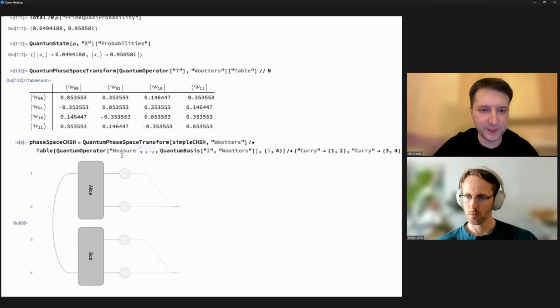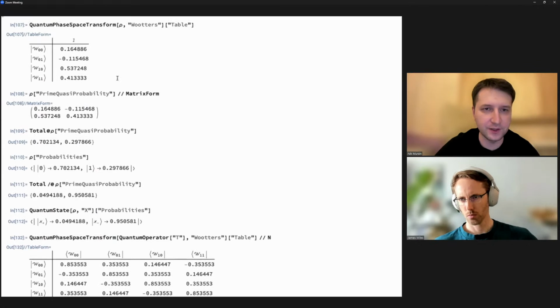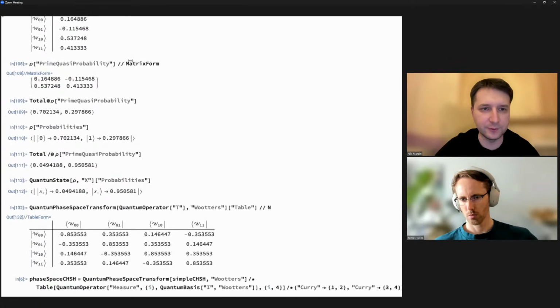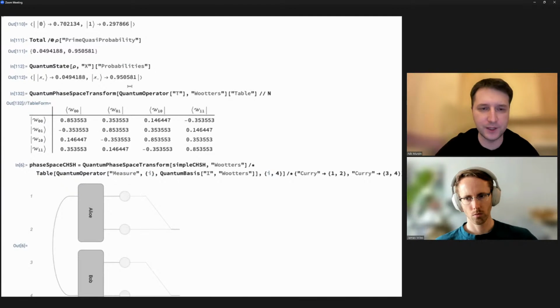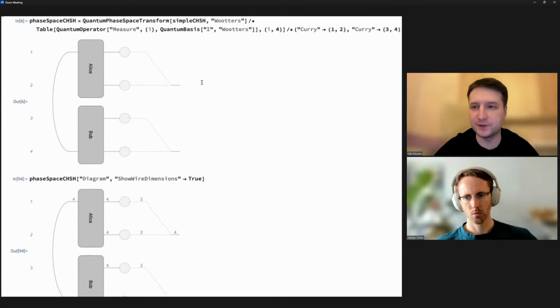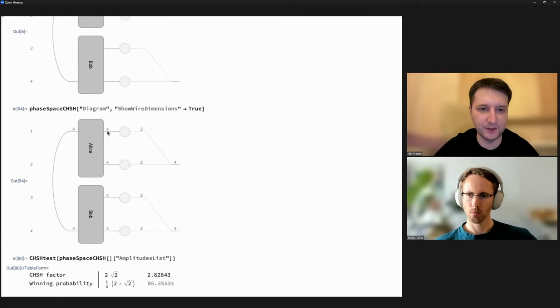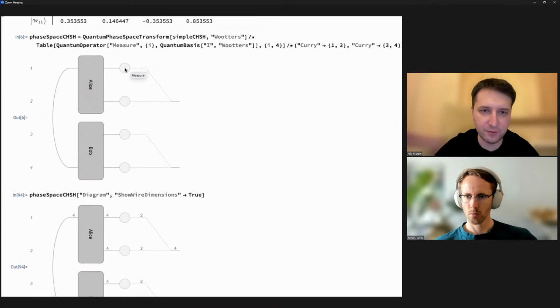So we convert it to the phase space. Also, if you notice, the number of dimensions is essentially squared. So if the qubit has 2 complex dimensions to encode its amplitudes, in phase space you have to have 4 real numbers to encode its quasi-distribution. So that's why the dimensions of these wires are squared. Before we had 2, now there are 4-dimensional wires,